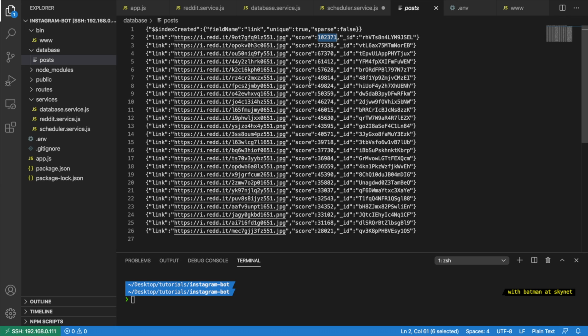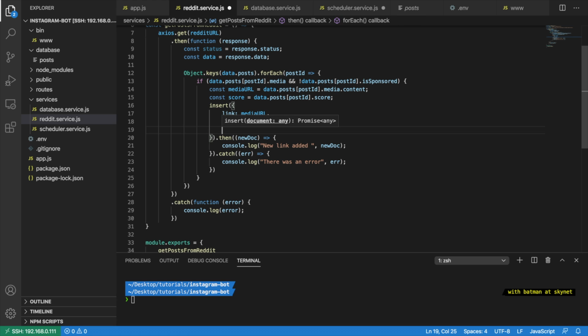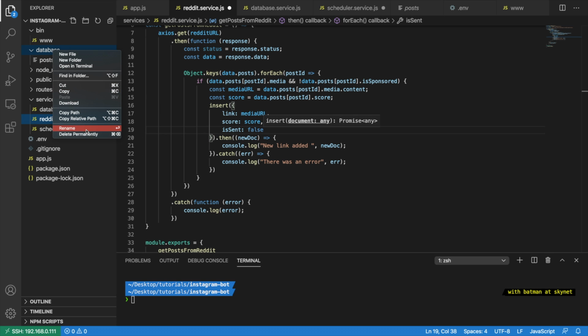So we want to keep track of whether this post is sent to the group or not. So let's go to Reddit service, and in here where we're inserting the post, we are going to add one more parameter and name it as is sent, and always set it to false whenever we are inserting this. Okay, now that that is done, I'm going to clear out this database one more time,